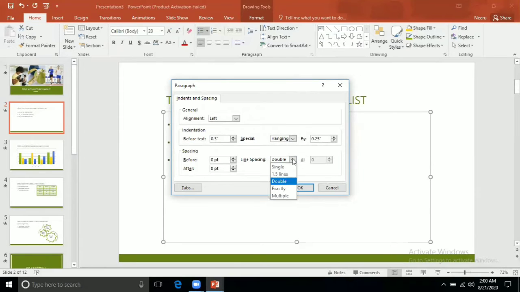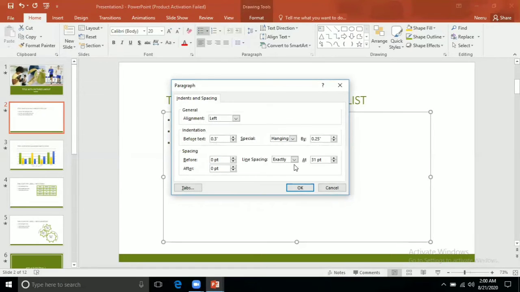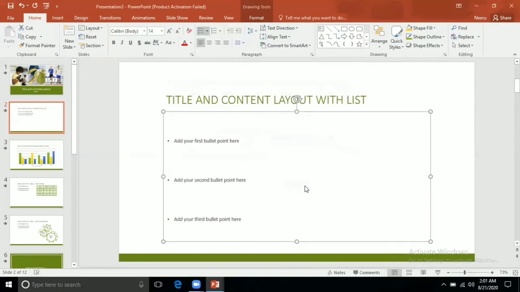And the same way, exactly how many points you want to give, you can give the exact point here and then click on OK. And the last one is multiple. You can give multiple here, you can take 3 line spacing, 5, 6, up to you. Just click on OK.